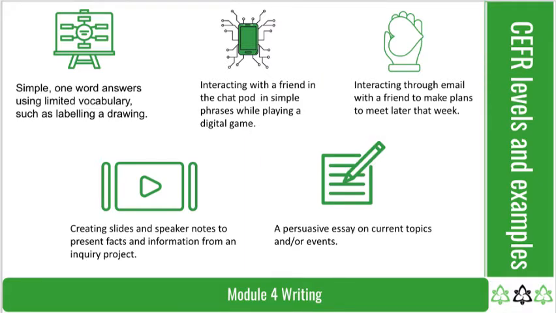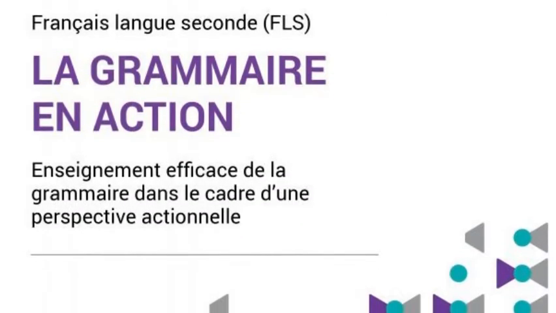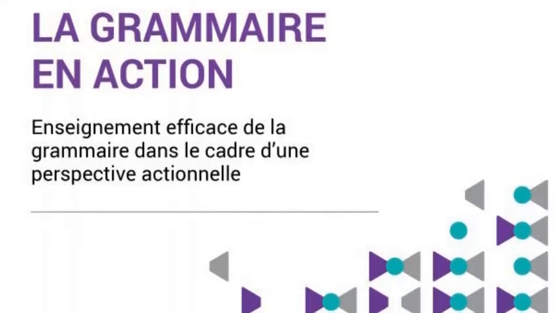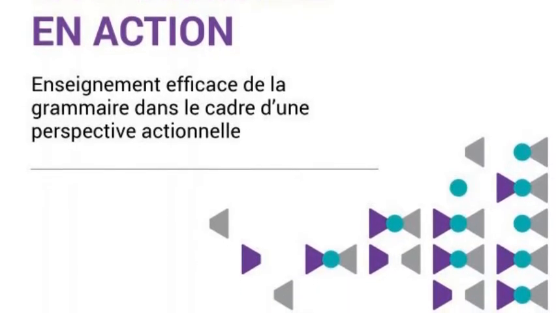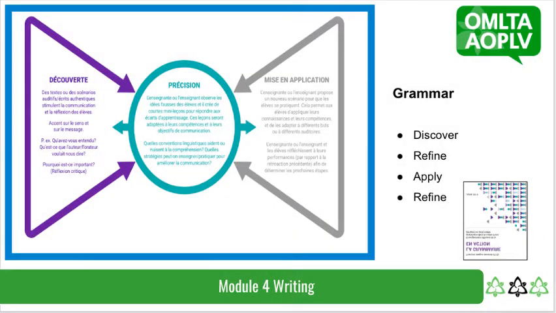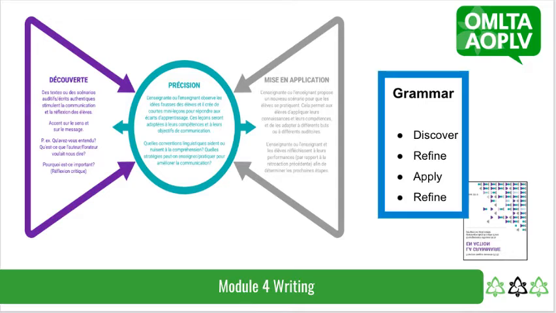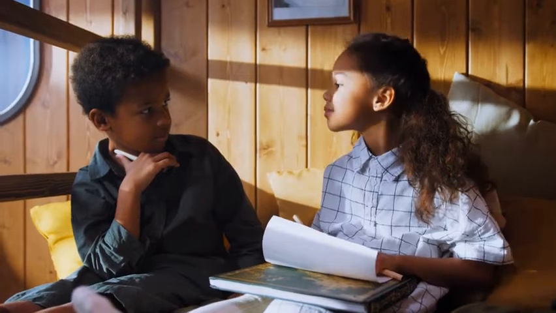Grammaire en Action is a document that was released by the Ministry of Education in 2019. It contains strategies and opportunities for professional reflection on current pedagogy and strategies for teaching. Research tells us that learners are more readily able to apply new grammar skills when grammar is taught in context. That is, within a project or activity where they need to apply the grammar to complete a task. Consider the example of writing a letter to a friend.